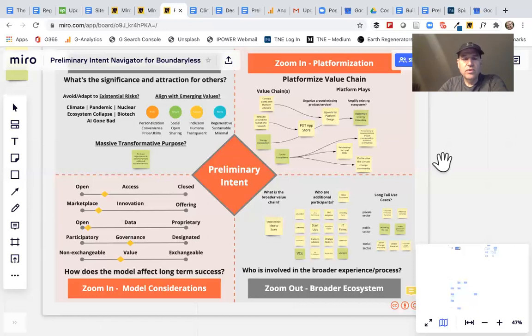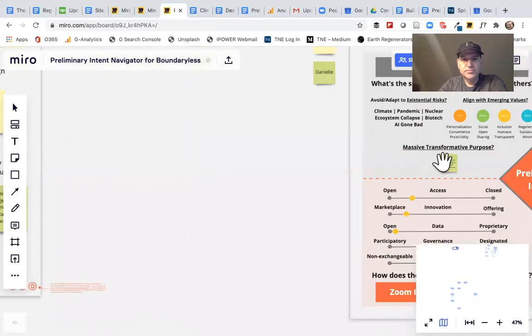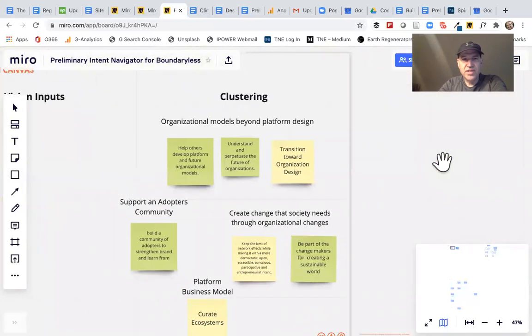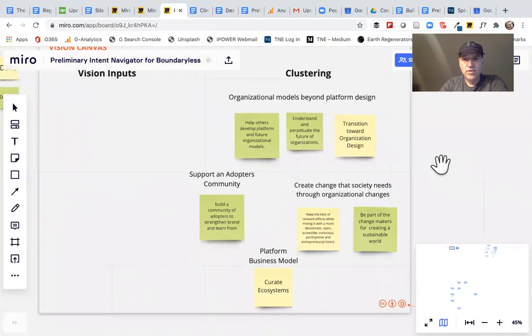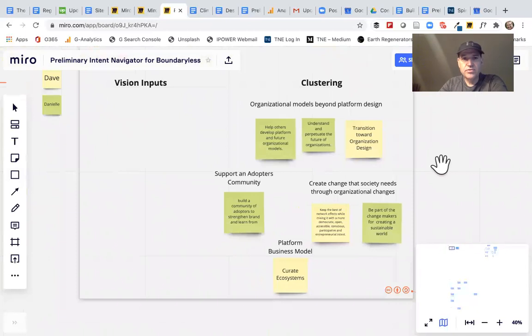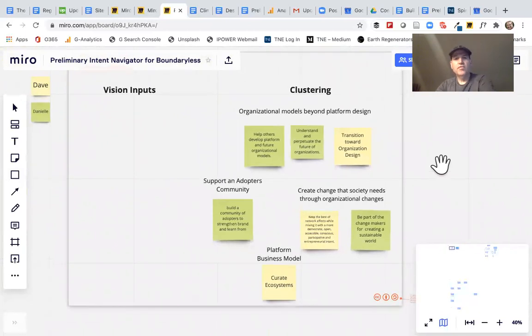Okay, so just going back to the example quickly, I'll just highlight some of these, of what we're thinking. Again, this is how could Boundaryless use this tool for their own business. So in the vision area, Danielle and I did some solid brainstorming, and we came up with 4 different areas here that were themes that resulted from our clustering.